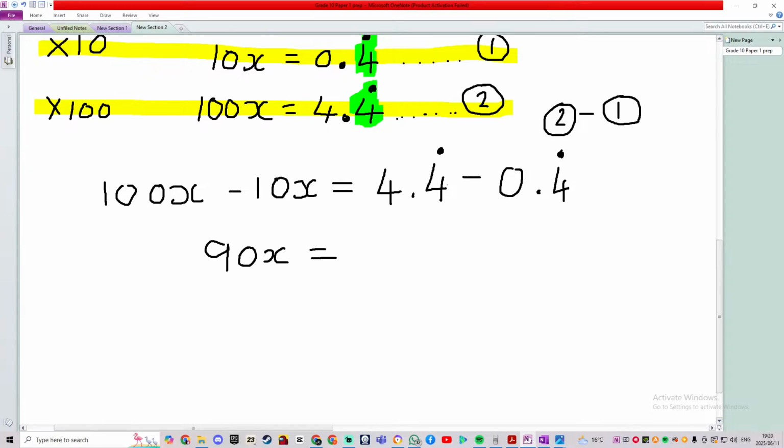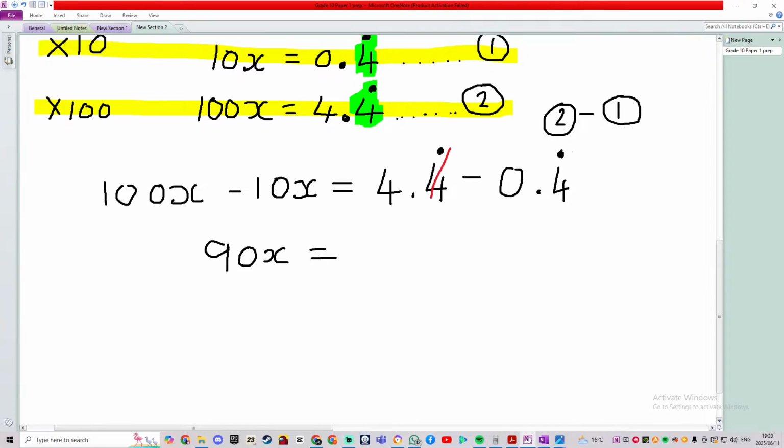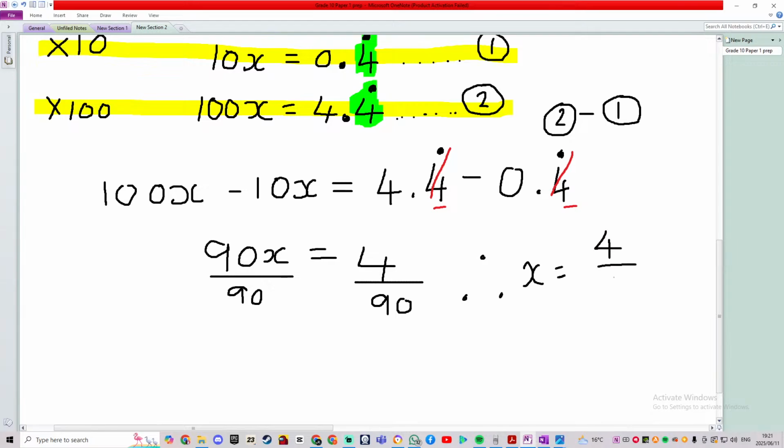is equal to 4 comma 4 minus 0 comma 4 recurring. The 4 recurring will cancel out, right? That will cancel with that. Okay. You'll be left with just the 4. Then to solve for x, you're going to divide both sides by 90. So therefore, yeah, x is equal to 4 over 90. But it can be